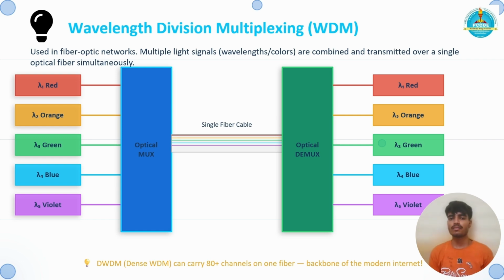The optical multiplexer combines these light signals into one fiber cable. At the receiver side, the optical demultiplexer separates them back into individual signals. One advanced version called DWDM or dense WDM can carry more than 80 channels on a single optical fiber. This is why WDM is considered the backbone of the modern high-speed internet